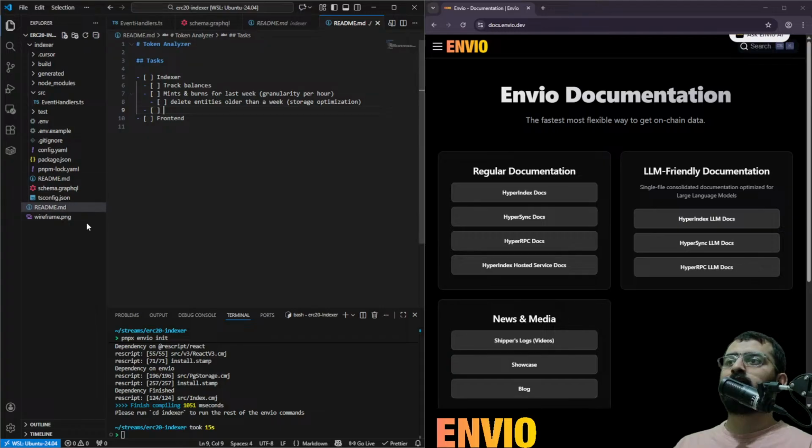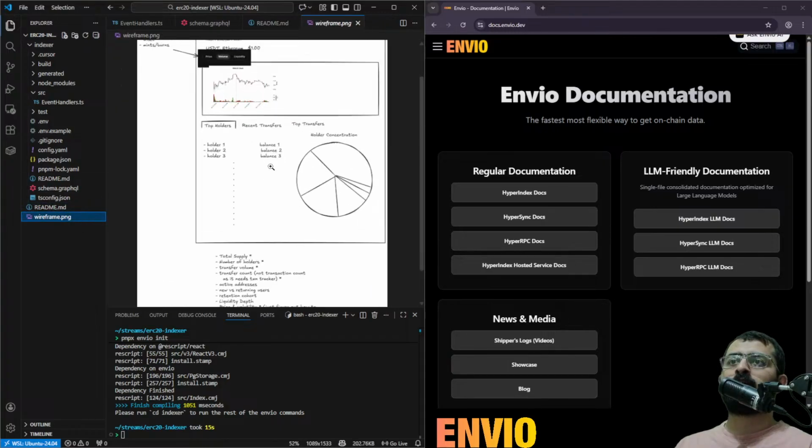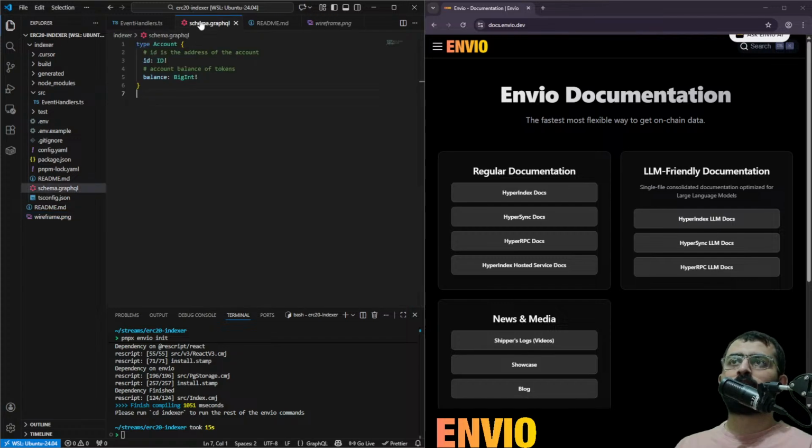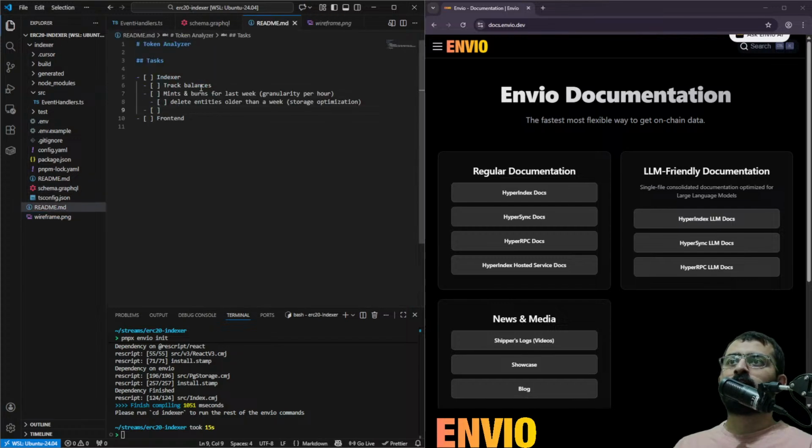Then next, let me open this: recent transfers and top transfers. So track transfers, recent ones, top ones by token amount, excluding the, what do you call,